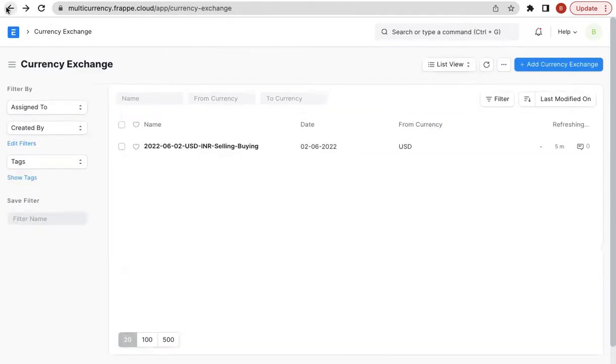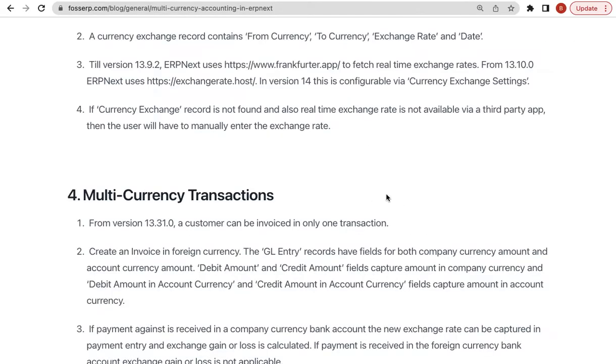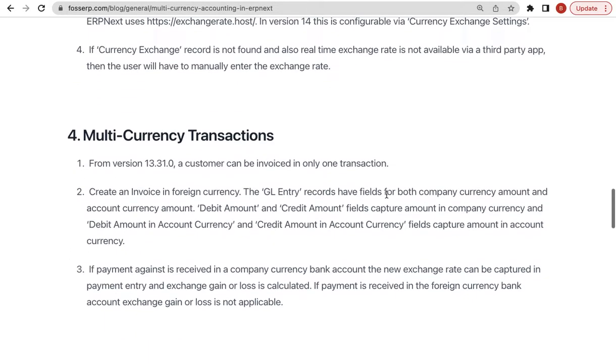I know it's not a very neat way of doing it, but okay, that's what it is. Cool. So I hope we are good with the exchange rates. So now I'll go ahead and I do have the